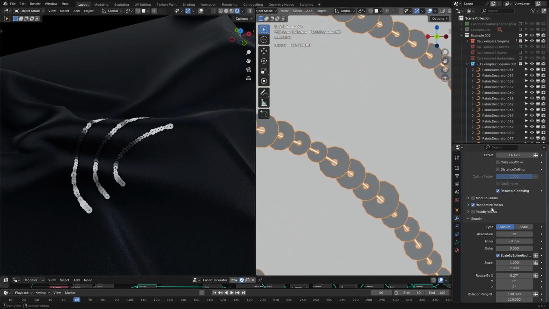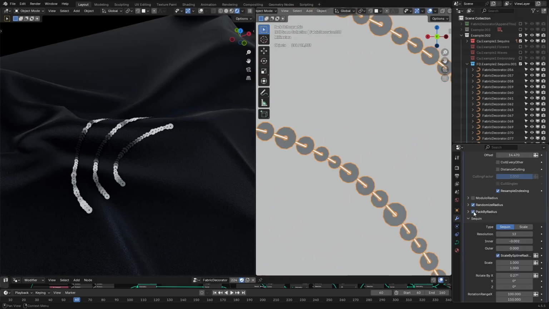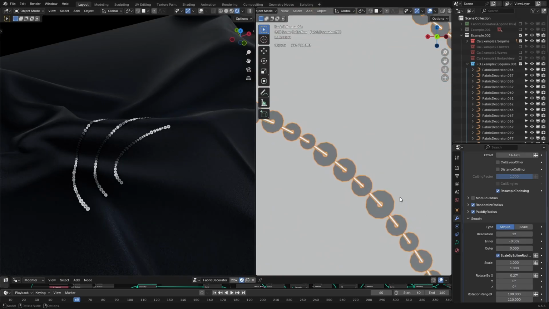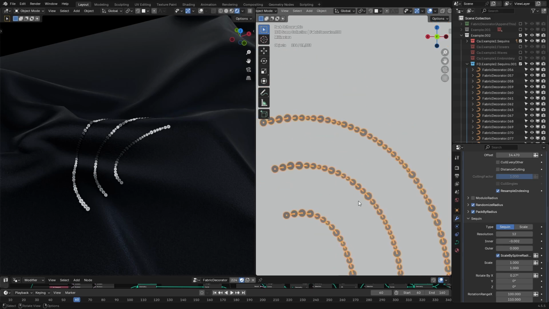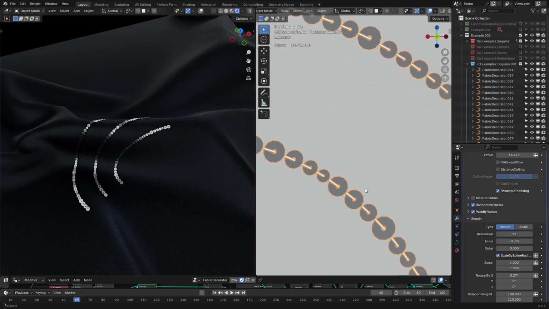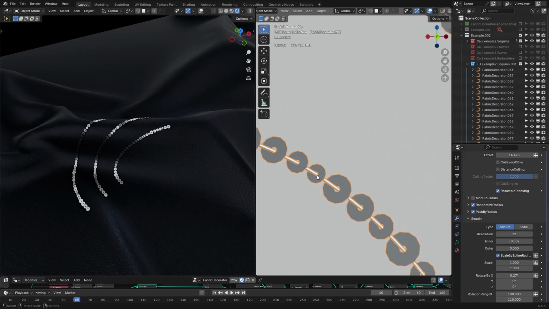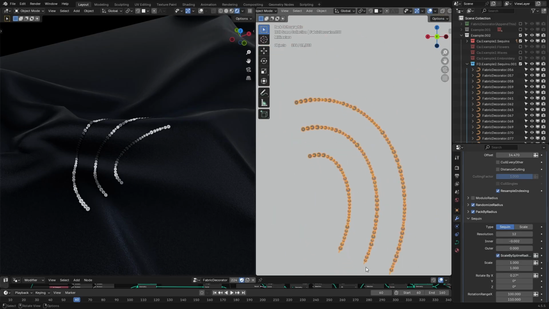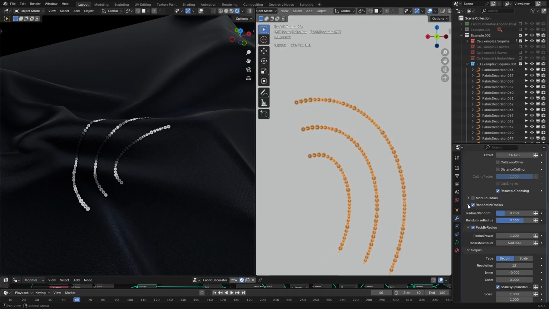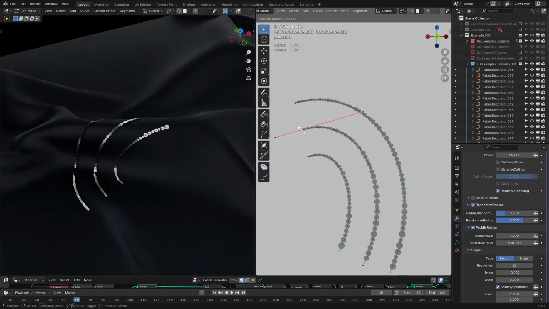But here, let me show you that if we enable pack by radius, it's also going to make sure that no matter what size they have, these sequins, no matter what size they are, always going to have the same amount of space between them. So it's going to pack these sequins along the spline. Also, if we open this, we could still change the radius of them